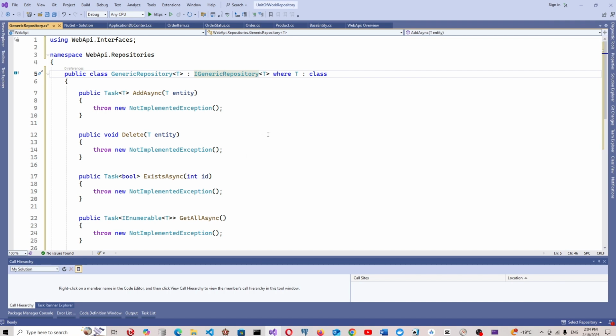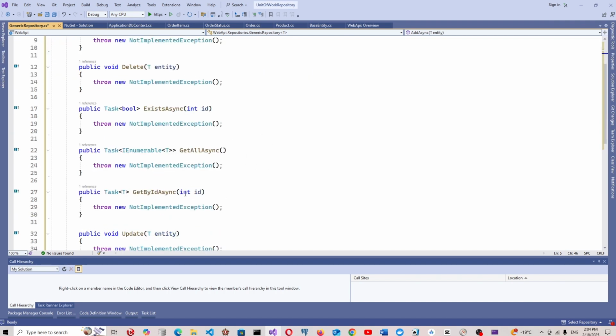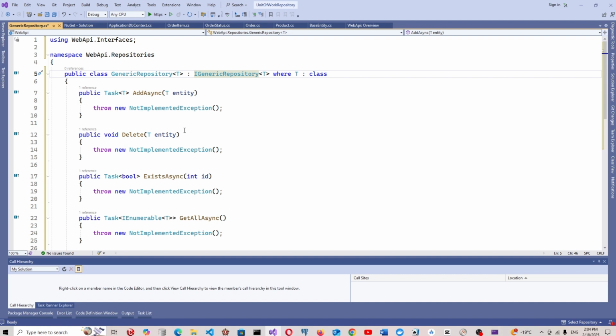Implement interface. So this will add the implementations,